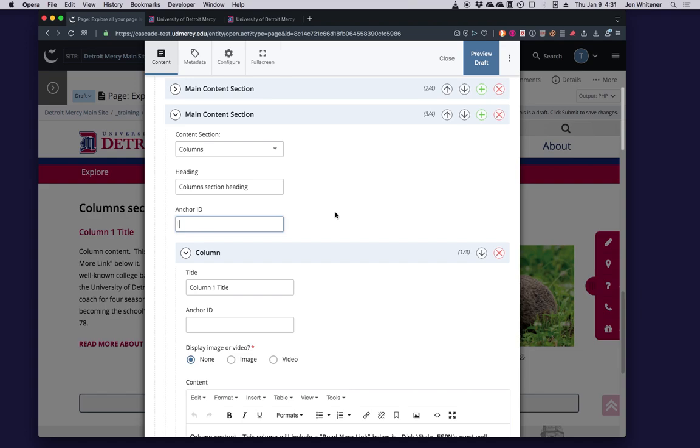Other pages can have the same, but on this page, it needs to be the only ID with this particular string of characters. And so let's make it something like woodchuck info.